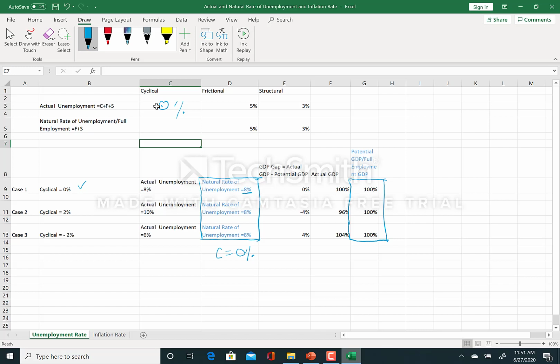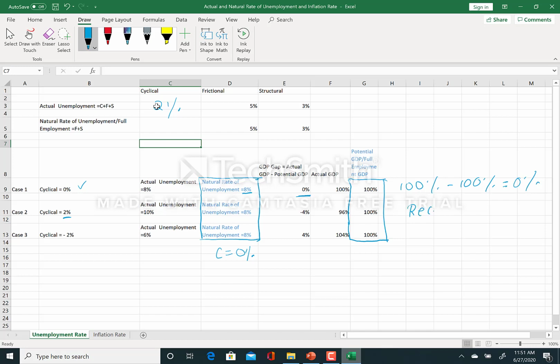And the actual GDP is equal to potential GDP. That means the economy is producing on the production possibility curve. The GDP gap is equal to 0 because I'm going to have 100% minus 100. That's equal to 0%. So whenever cyclical is 0, my GDP gap will be equal to 0. Now case number 2, say my cyclical is a positive number. When cyclical is positive,